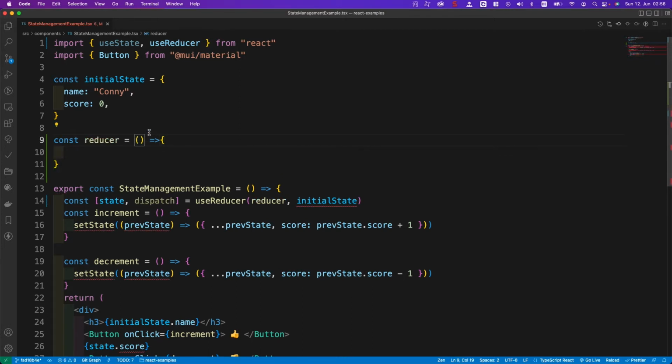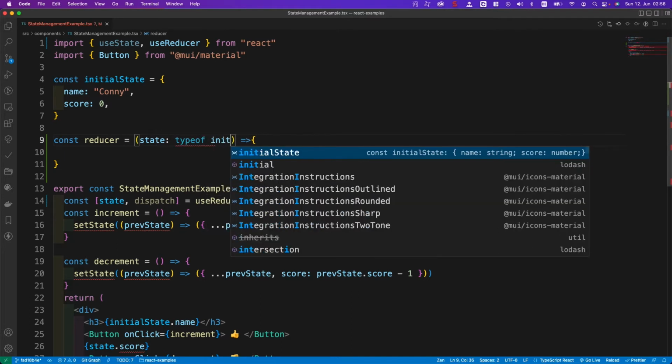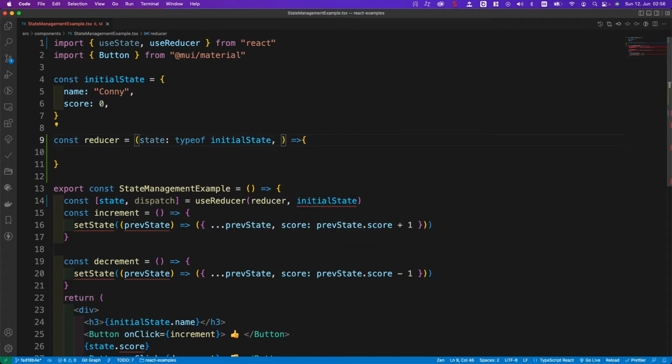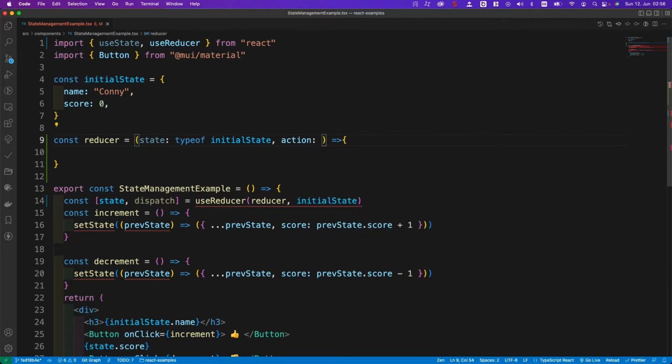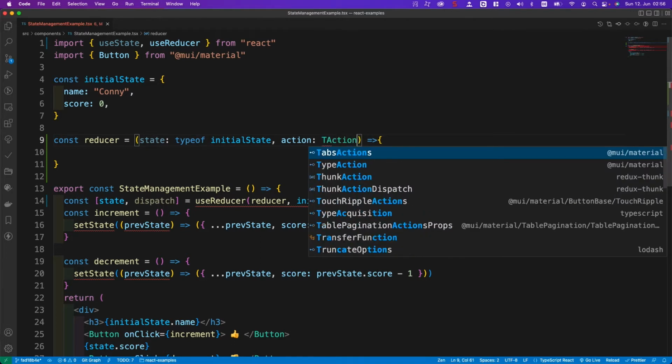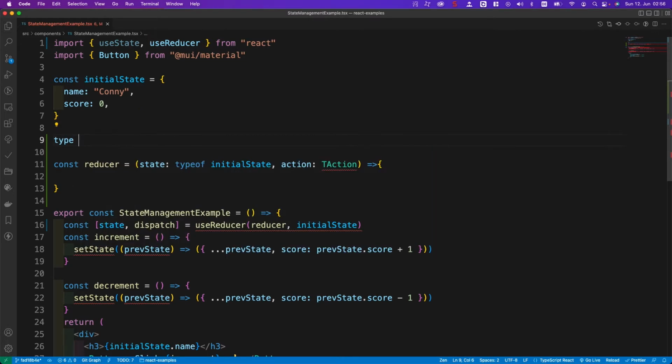The reducer takes two arguments. The first is the state, the current state, and the type is simply the type of the initial state. The second argument is action. It actually tells what you want to do and how you want to do it. It can be any type, but out of habit, we define it as TAction. Let's take a look here. Type